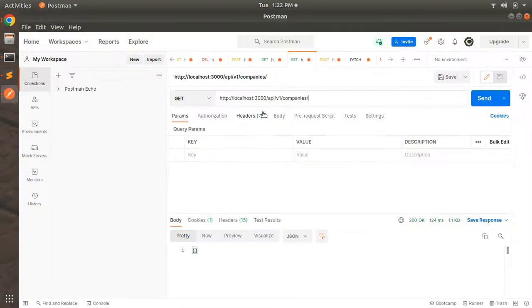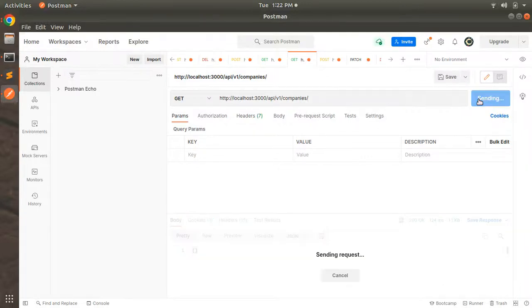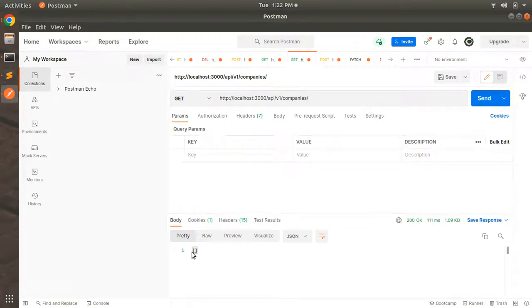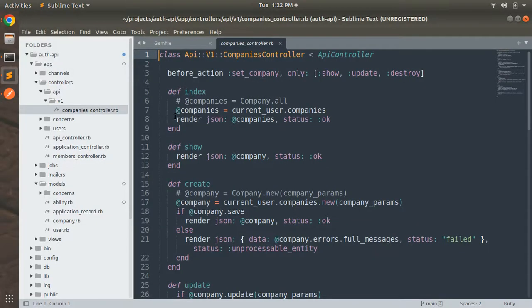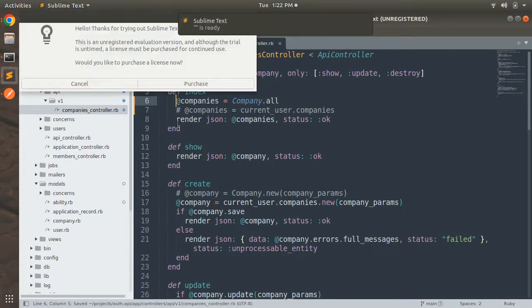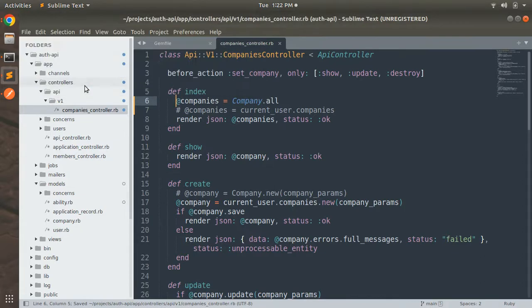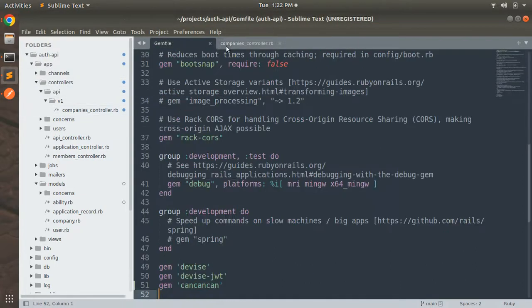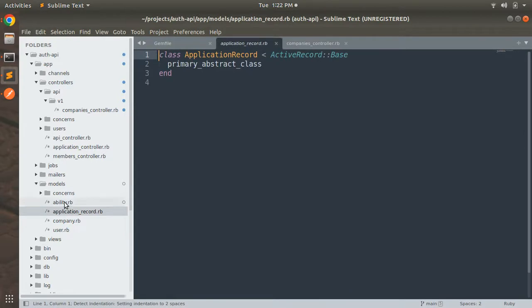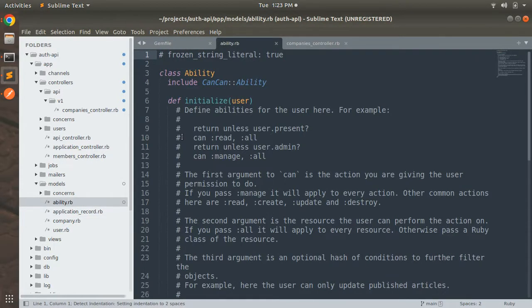So when you go to Postman and send this companies get request, you will see that there are no companies for this user. Okay, so now what we need to change is that we can comment this line and we can just fetch all the companies for each user. Okay, and in the abilities file, so go to the ability.rb, and in this ability.rb what we can do: if user.admin,